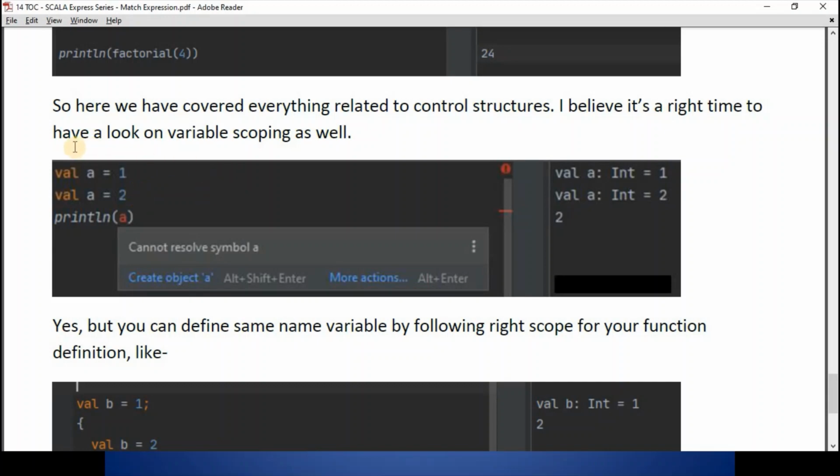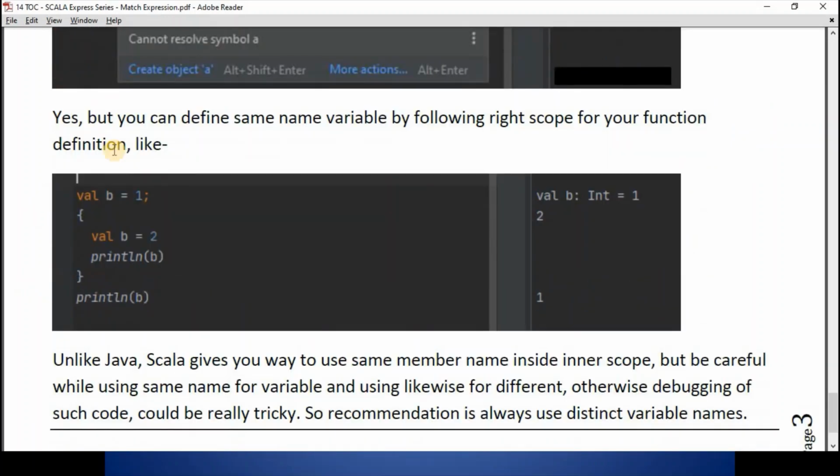How we can organize same-name variables, we will see now. So we need to define these variables in a scope, and this is the Scala scripting style, which we can write with curly braces. Here we are defining variable b is equal to 1, and then inside this scope only we are defining b again with 2. Other languages will not give you the option to define the same name in an inner scope, but Scala does not limit us in any manner in such cases. In fact, it expects us to behave intelligently and write intelligent code, so our interpreter should not get confused about which value to pick where. Now here in these curly braces, we are defining b is equal to 2.